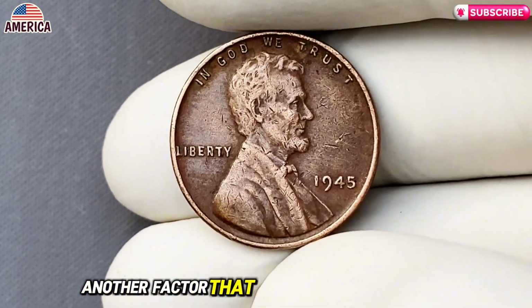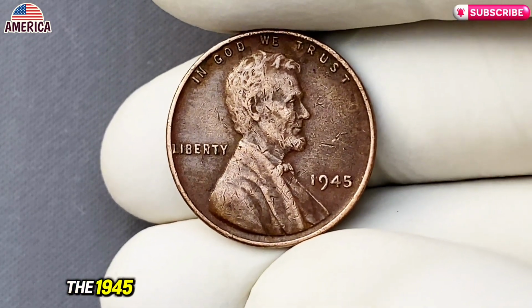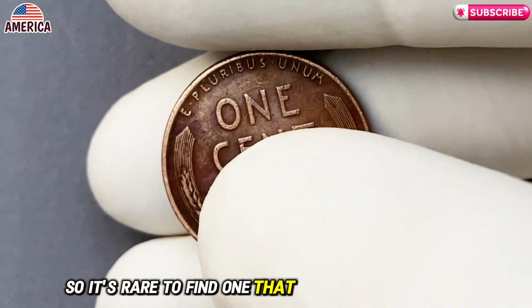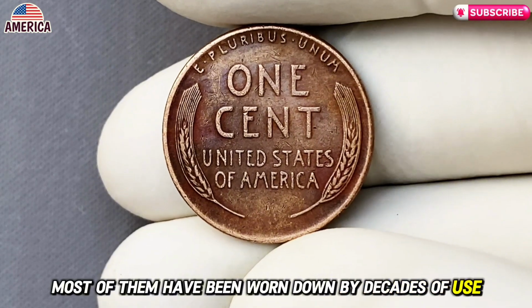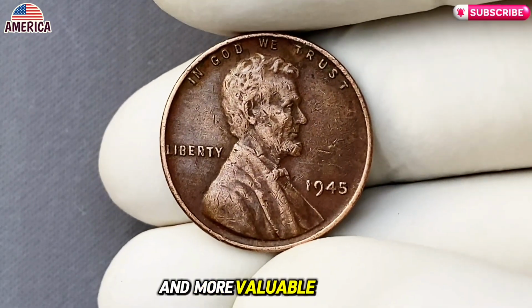Another factor that adds to the coin's worth is its condition. The 1945 penny was in circulation for many years, so it's rare to find one that's still in uncirculated, pristine condition. Most of them have been worn down by decades of use, so finding one that's flawless makes it even more special, and more valuable. So,